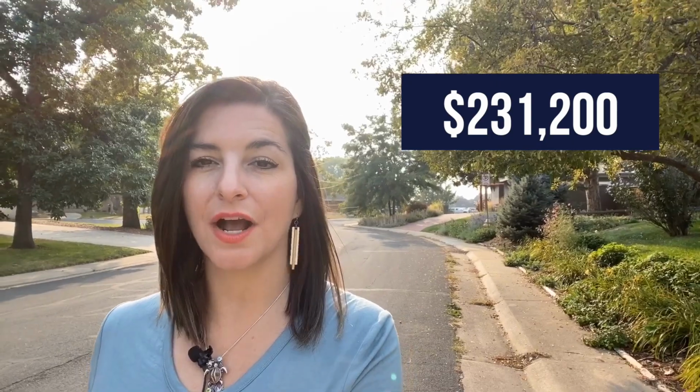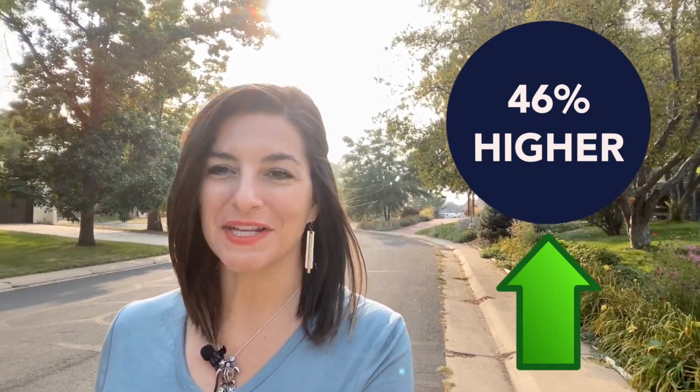$434,800. However, according to the multiple listing service, which is the data realtors have access to and the most reliable information, in 2020, the median sales price of a home in Broomfield is $509,000. This includes townhomes, condos, and single-family residences. The average price of a home in the US is $231,200. So the cost of purchasing a home in Broomfield is about 46% higher than the rest of the United